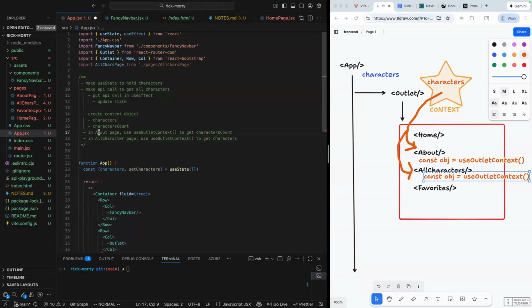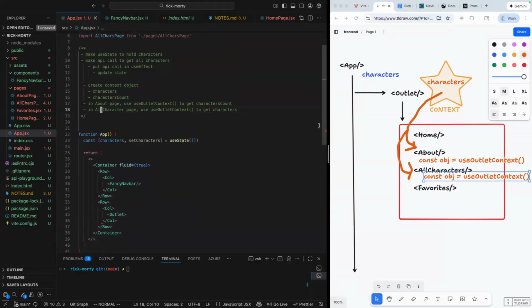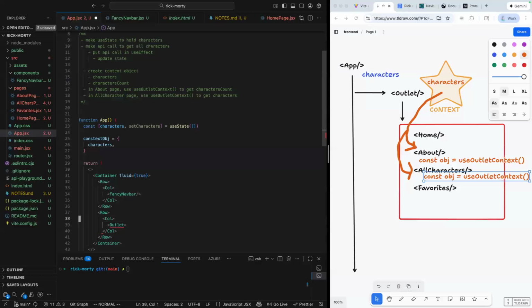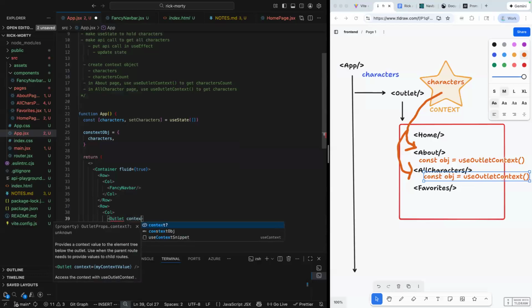I know I kind of switched from driving to navigating a bit here, so thank you for being patient with me, guys. But I think this is a good pause point because we can take a short break for retro, and we have a good wrap up here because we know what we want to do next, context. I'm going to want to build out this context object, which right now isn't going to have much in it. It's just going to have characters, which is empty. But once it's done, we will